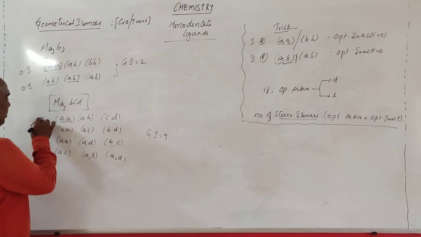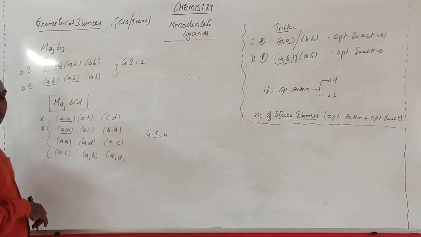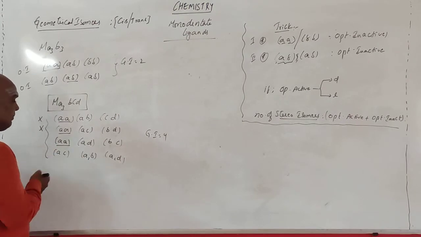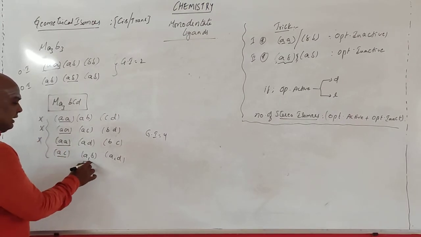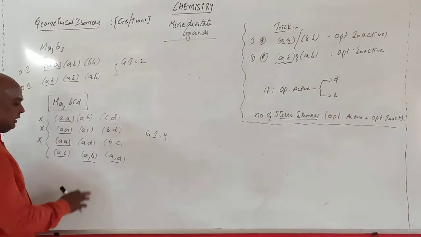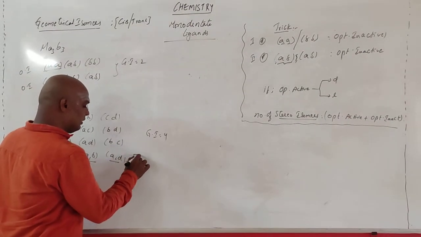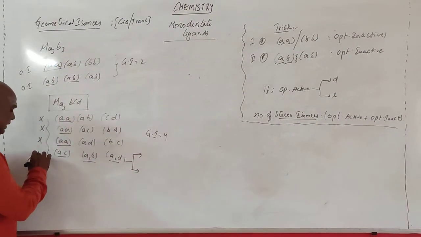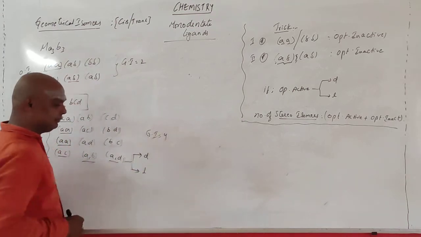These two are same, optically inactive. These two are same, optically inactive. These two are same, optically inactive. Now different. AC is not there. This is also different. See AB, this is AB. So what happens here? Optically, this one is active. One is D form, one is L form.